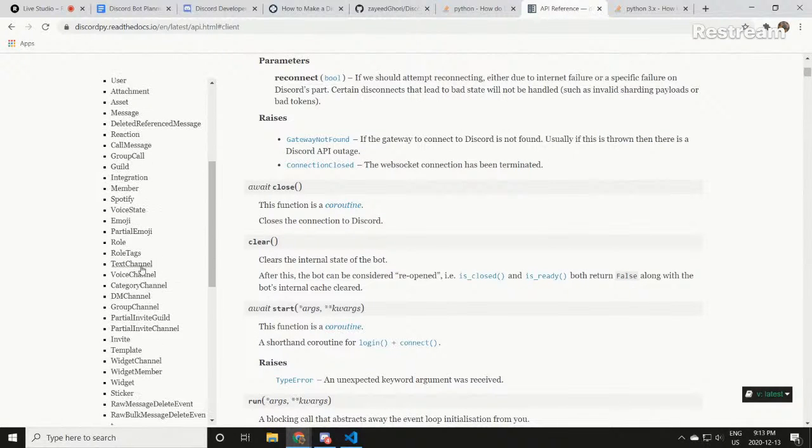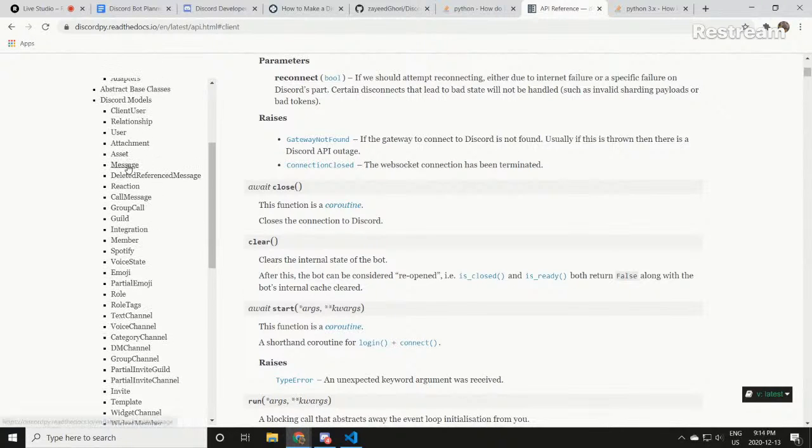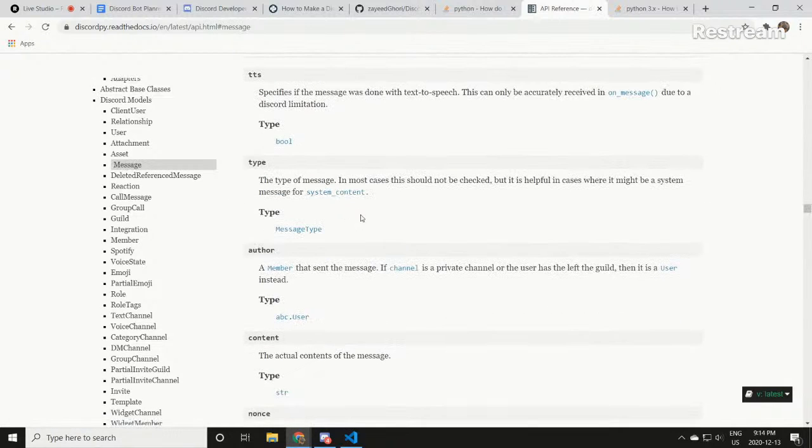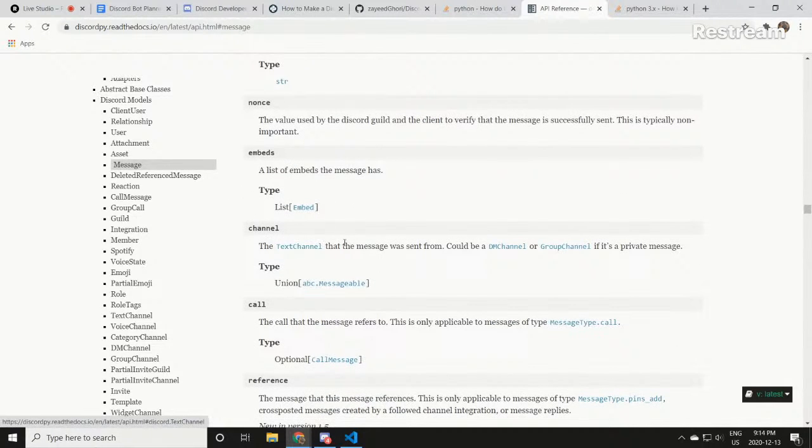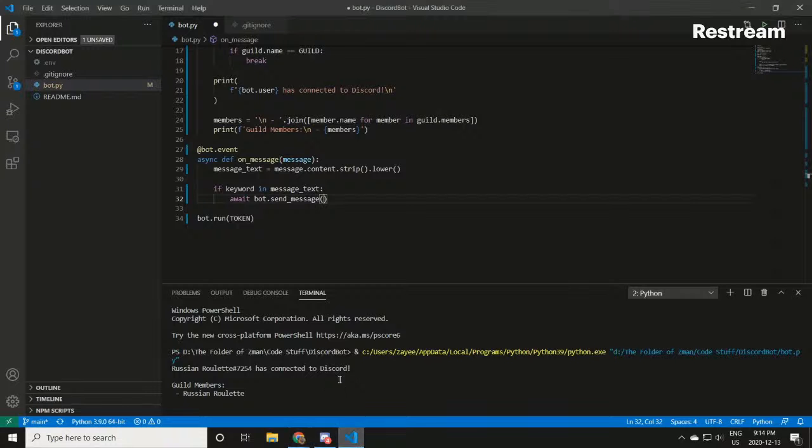There should be, yes, a channel. So text channel. Message, yeah, so the message object. The text channel that the message was sent from could be a DM channel or group channel if it's a private message. Okay, so that makes sense. So it gets the channel. So this message.channel